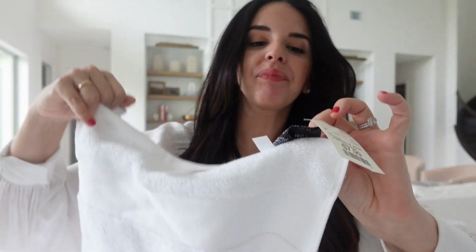Keeping on the white theme, I love providing plenty of towels for my guests. People use different towels for different things. So you want to make sure you have plenty of towels available to them and that you have different types of towels. So I love this towel. These are all from Polo Ralph Lauren. One of my